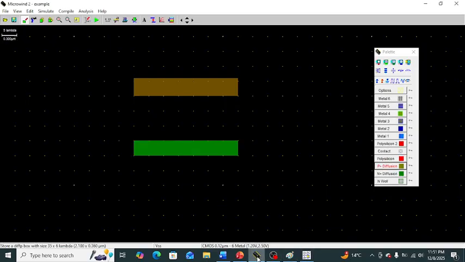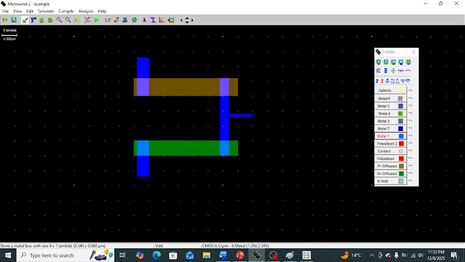Similarly, in the layout design we take a metal layer. These are the multiple metal layers shown in the palette box. We take the metal one layer. A metal one layer is connected at the NMOS source terminal and another at the PMOS source terminal. Then a metal one layer is connected at the NMOS and PMOS drain terminals, and these two drain terminals are short circuited, and the output is taken from the drain terminal of both NMOS and PMOS transistors.